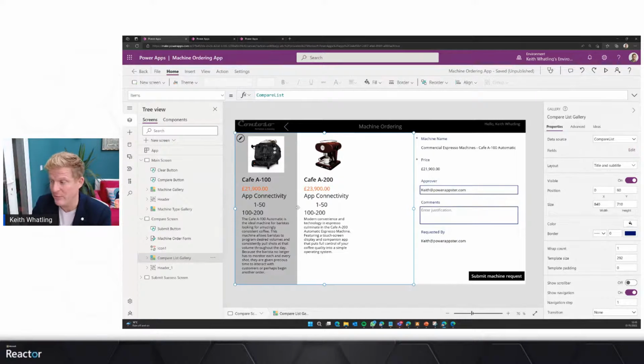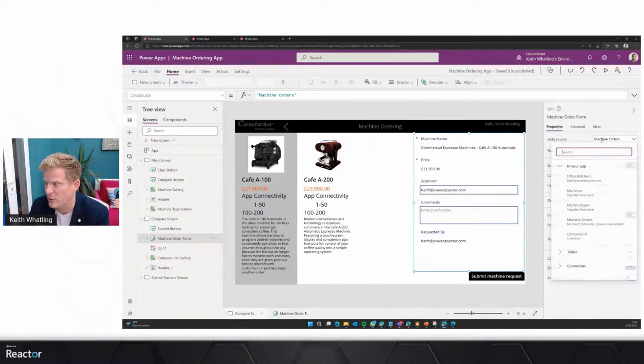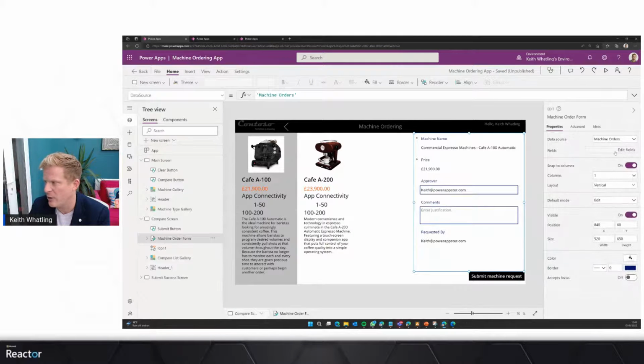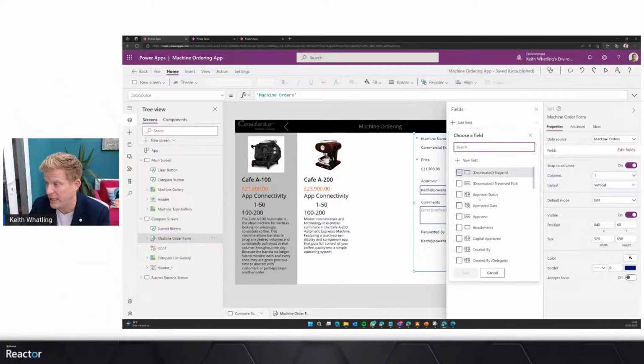So I said about that submit form, right? So here's my form. I literally just connected it to the data source called machine orders, right? Which I built. And there's my data source machine orders. If I want to put some more fields on there, I can add fields from the data source. They're already there. I just pick them off and say